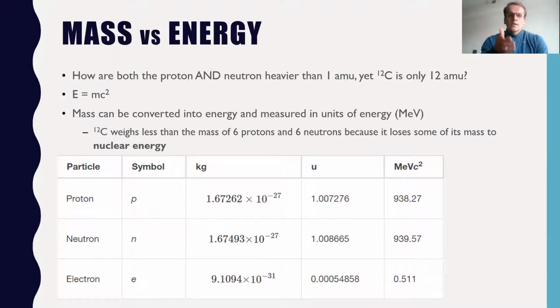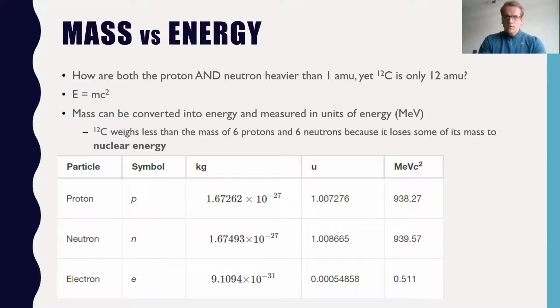So as you look at this chart here, you'll see that the mass of an individual proton and neutron is actually heavier than just 1 AMU, which you would think. So if you had 6 protons and 6 neutrons, you would think that would come out to being more than 12 AMU. However, some of that mass is actually